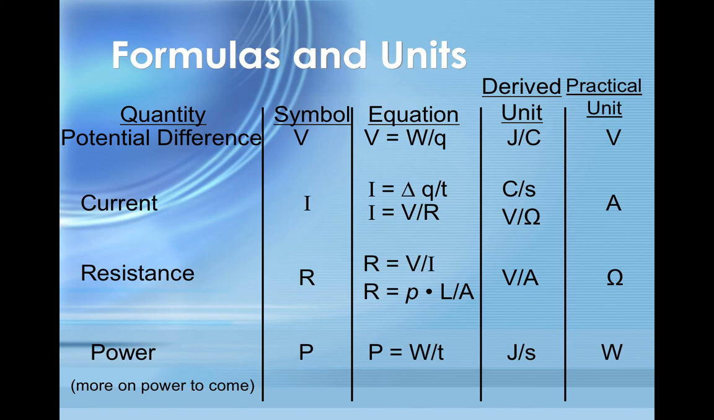This last slide is just kind of a list of things that we'll need for this unit, right? And so you'll see different quantities that we've talked about: potential difference, current, resistance, and then power at the bottom, right? We did talk about power when we talked about energy, but we will talk more about power in circuits. Right? You see the symbols for each of them, the equations that are all on your reference table, and then the derived units and the practical units or the simplified units for each of them. Might be something to take a picture of or copy down in your notes, but again, all of this is on your reference